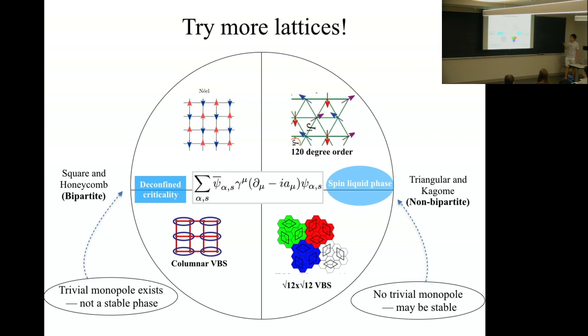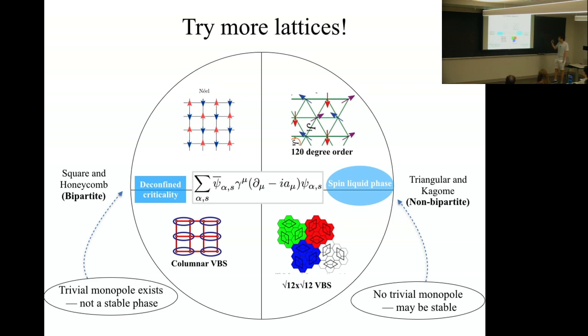Okay, so before I end, let me just briefly mention that you can try this game on any other lattice you like. It turns out on Kagome you have a very similar story, well, with a catch, which I won't mention unless you ask. But if I try this on bipartite lattices, it turns out I still get a competition between the familiar Néel and valence bond solid order, except within this Dirac spin liquid, there is a monopole, one of the 6 monopoles, that transforms trivially under all the symmetries. So it doesn't carry any non-trivial quantum number. So now it becomes an allowed perturbation in my theory.